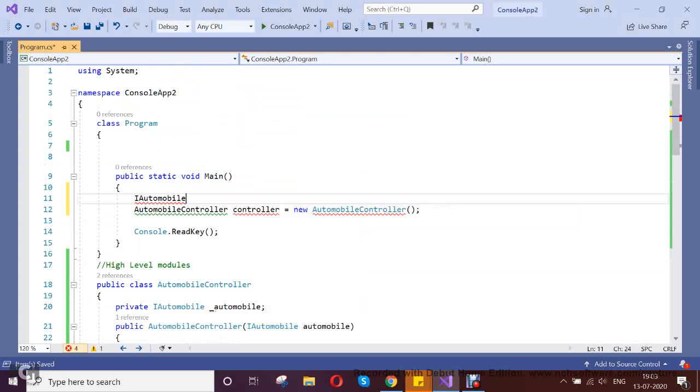It won't directly depend. So I want the result for the car.